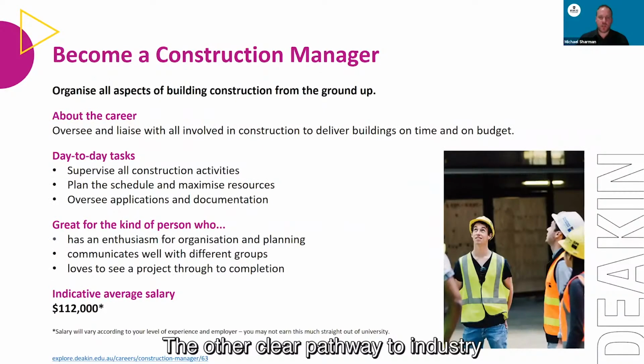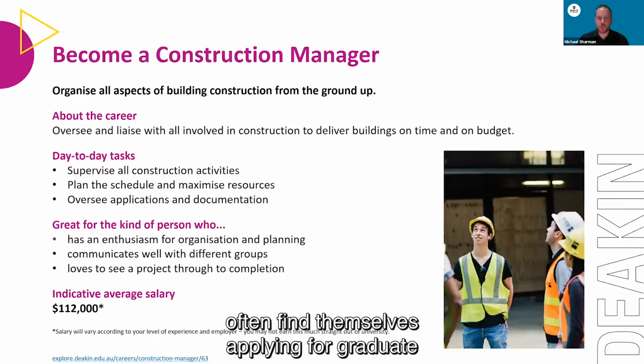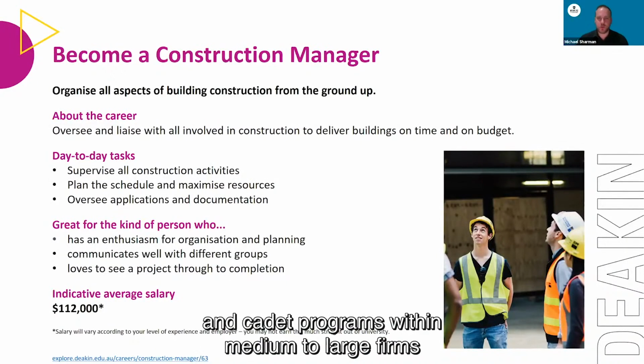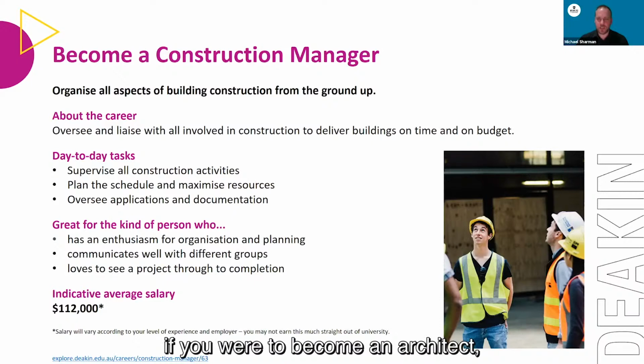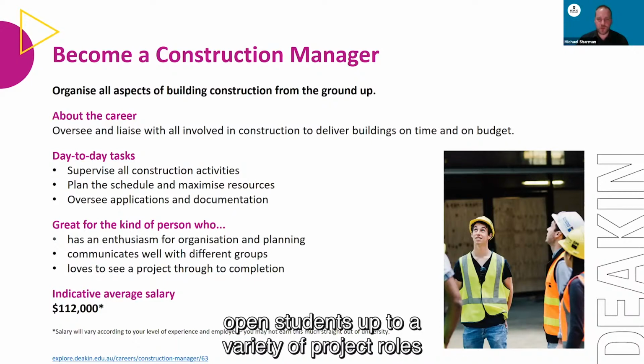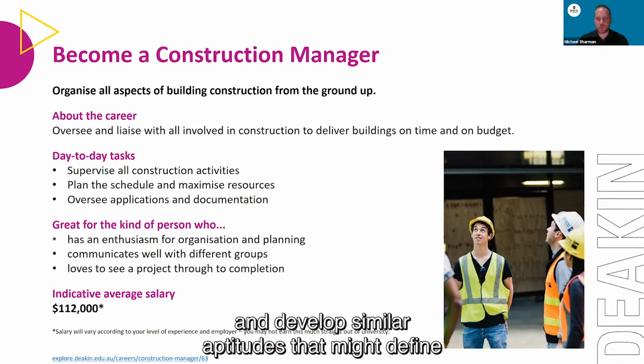The other clear pathway to industry is to become a construction manager. As mentioned before, our graduates and final year students often find themselves applying for graduate and cadet programs within medium to large firms within Australia. These programs, like the work experience targets if you were to become an architect, open students up to a variety of project roles and responsibilities to build on their study and develop similar aptitudes that might define the type of